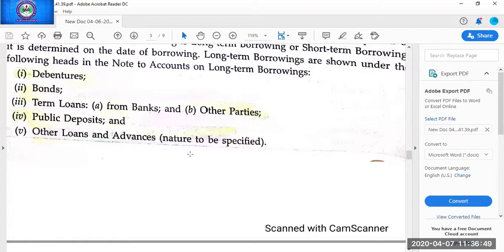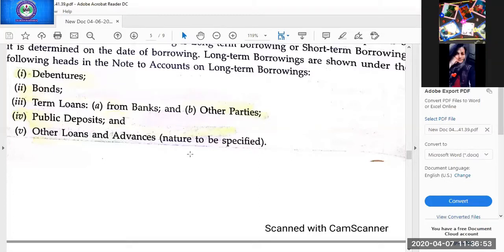It means any other loan with which a time period of more than 12 months is given will be considered under long-term borrowing. In the Companies Act, every major head is divided into some subheads, but at the end of every major head, one more column is given, that is the others. Others means if any other thing is there which is not covered by the above given items, that will come in others. So in every major head, the last column will be the others.